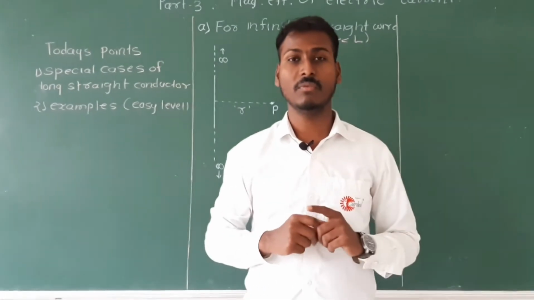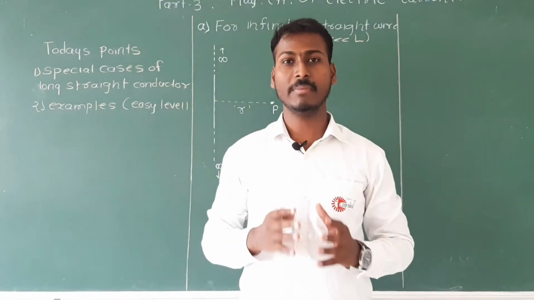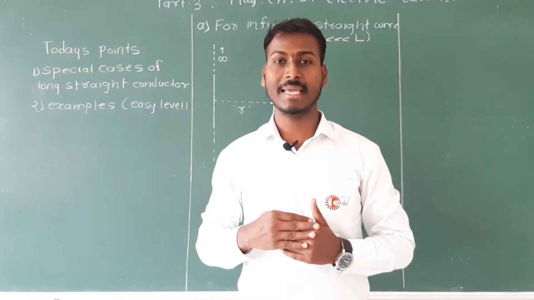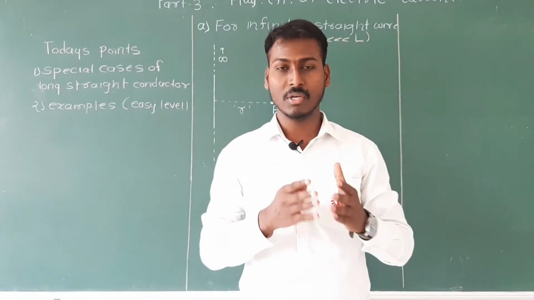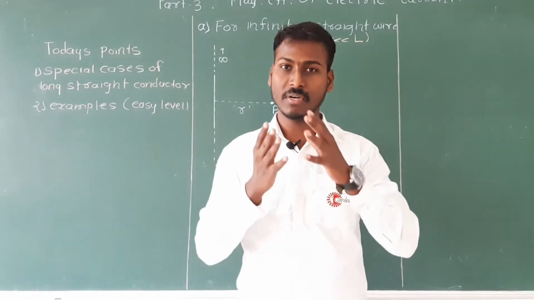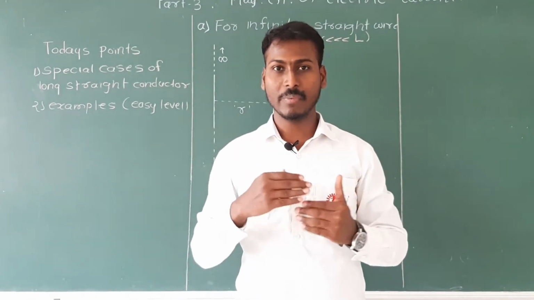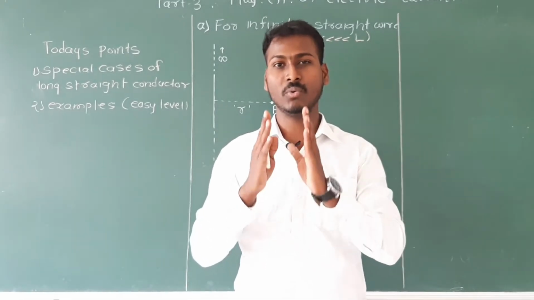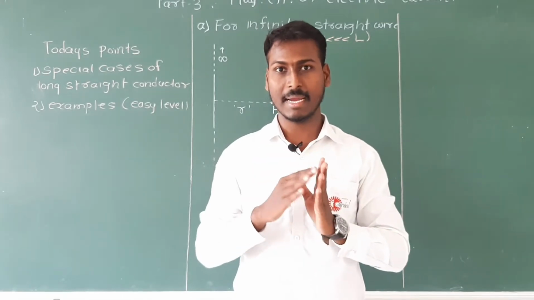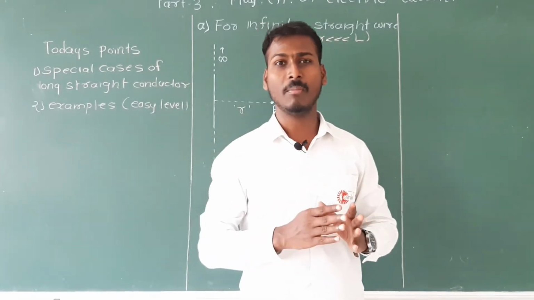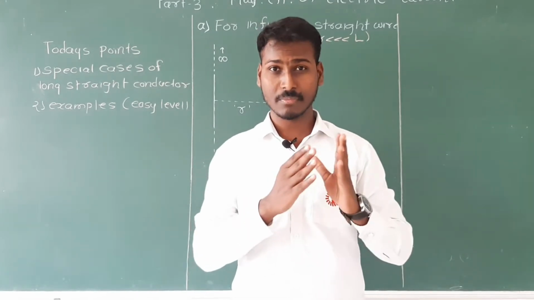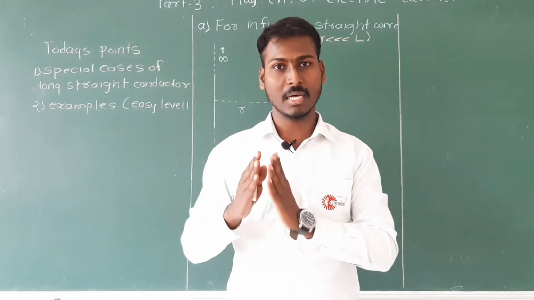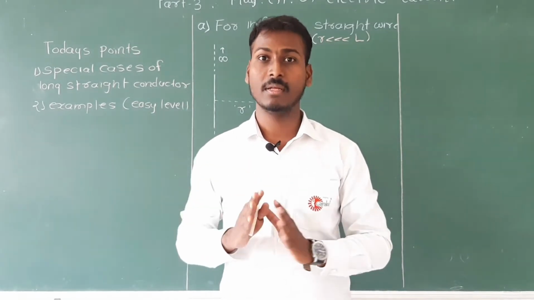So first of all we will go for the expression. What will be the magnitude of the magnetic field due to this infinite current carrying conductor? But before that you should revise our first expression, for the magnitude of the magnetic field due to a long straight current carrying conductor of finite length. We have two expressions, one in the form of alpha and beta and one in the form of theta 1 and theta 2. In the form of alpha and beta it was B equals mu 0 upon 4 pi, I divided by R, in brackets cos alpha plus cos beta.